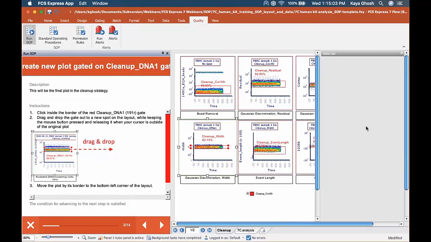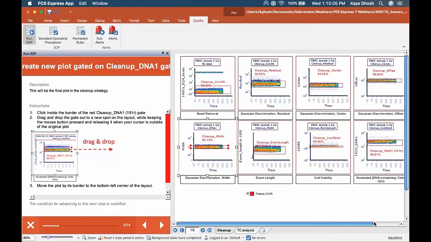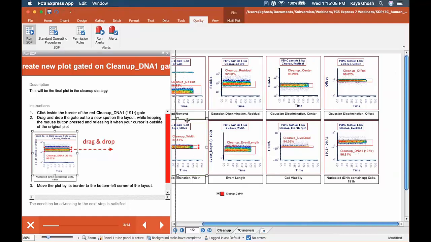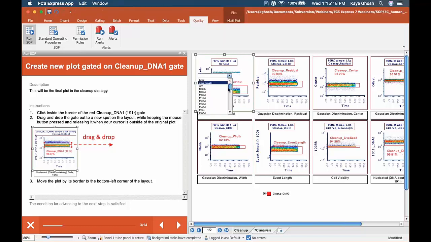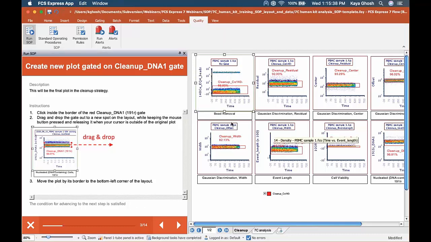All right, so let's close this data list. I don't think we need that open anymore. It's telling us to make the final plot in the cleanup strategy. So again, this is CyTOF data. There's a lot of parameters. We can take a look at the list here. So many parameters, right? Typically with CyTOF data, you've got 5 to 12 or more plots on the first page where you're just doing your basic cleanup, like on the beads, the residual, center, event length, all that. So this layout's been built to a partial cleanup strategy, and this next step is having us build the last